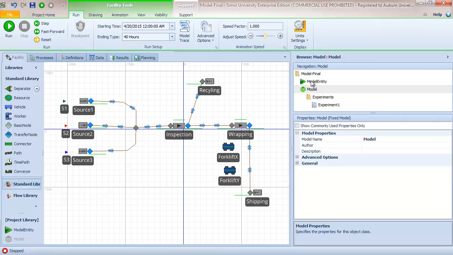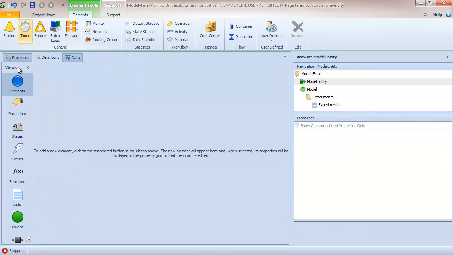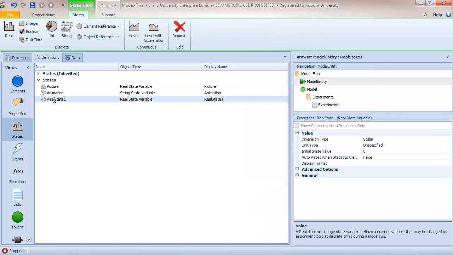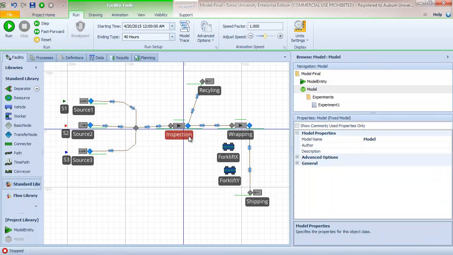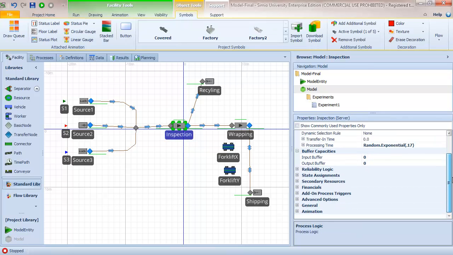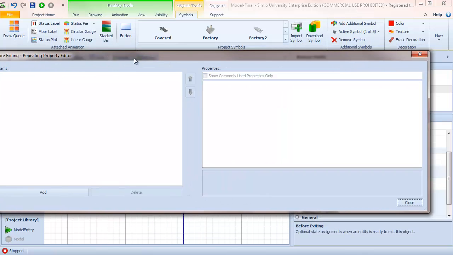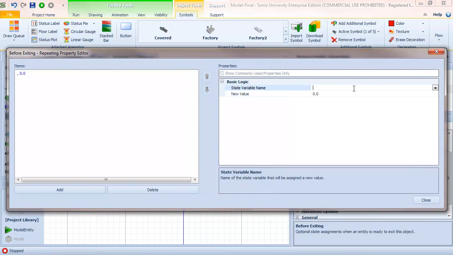So we're going to go back, and the first thing we'll do is go to my model entity, and I'm going to define a real state, and we're going to call this finish inspection, Finish INSP. Then we go to our model and we mark that value as entities leave inspection. So before exiting, I'm going to do a state assignment where I assign model entity